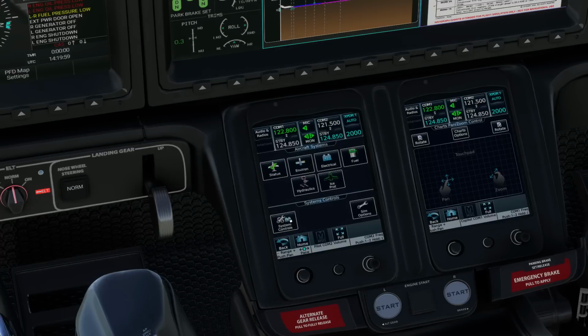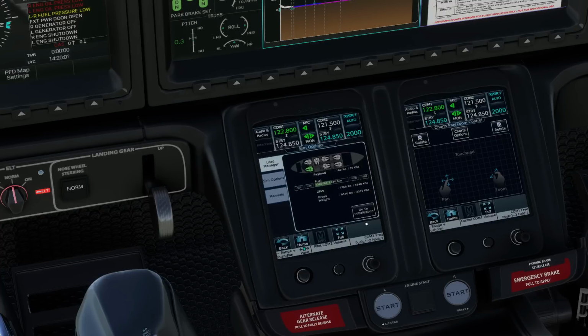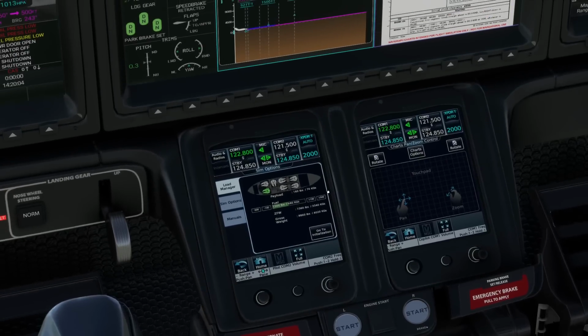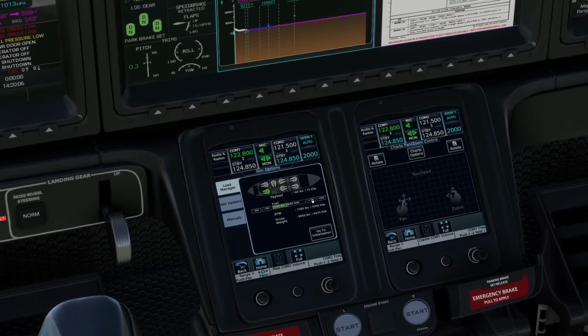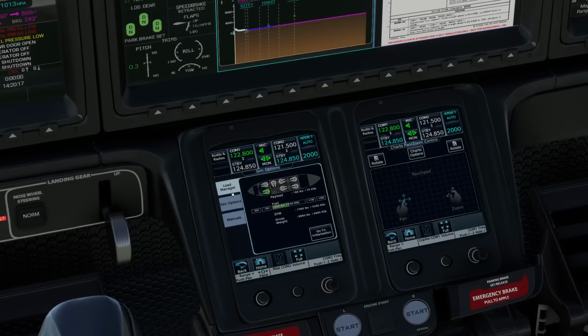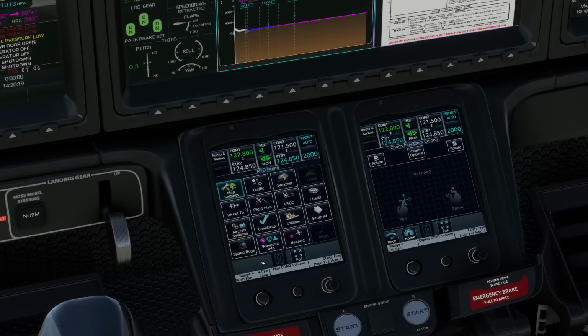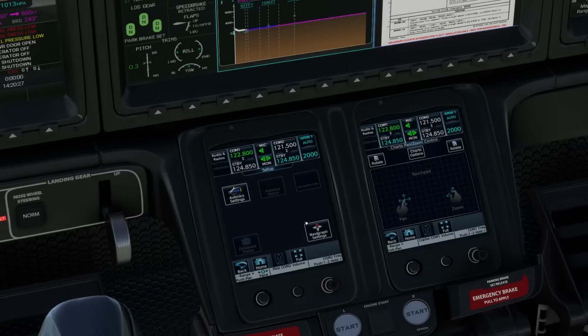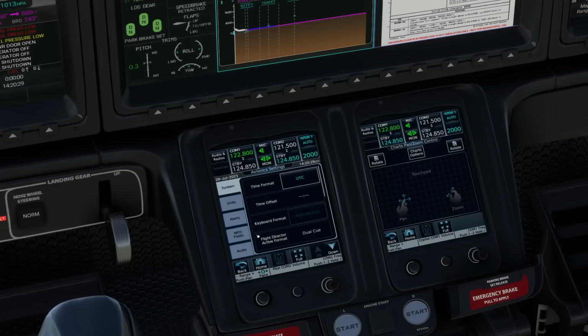Okay, should be under sim options. No, that's just the payload. But we didn't want to change that. Look at that, it's in pounds here and then kilos there. That's a bit strange. Okay, well. We're just gonna leave it at that. I'm not gonna touch it. We'll just keep it as it is then. Even though I am kind of tempted to get that sorted, but let's see, setup, avionics setting, that's probably where